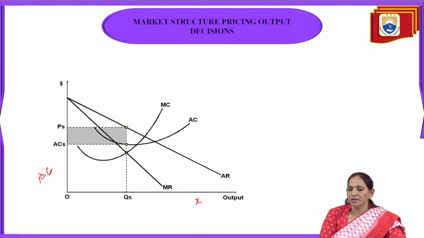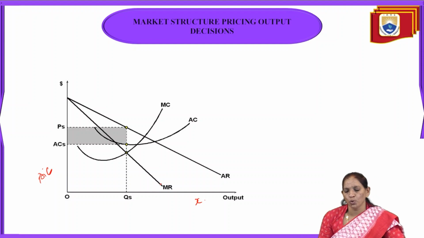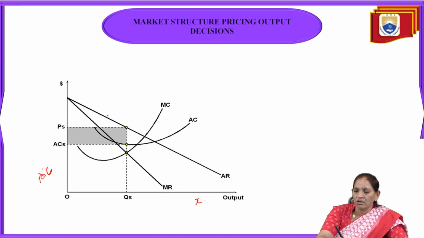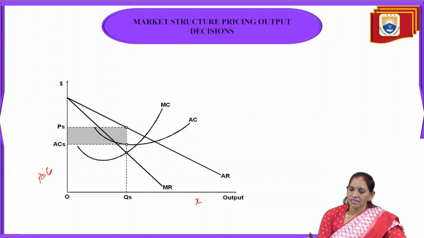As we have seen, the MR, marginal revenue curve, slopes downwards, and also AR, that is average revenue, is also sloped down. The reason for the downfall of these two curves is that as the price decreases, automatically the monopolist will sell more units of output and gain more profit.